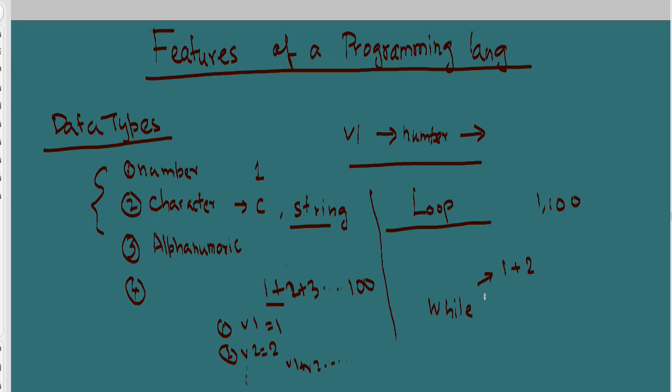So while, let's say, variable v1 is less than 100, do something: v sum equal to v sum plus v1,